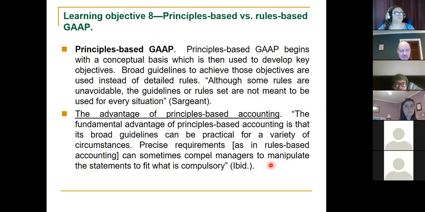So sometimes if you have bright line rules, it might force a company to give information that technically follows the rule, but is actually misleading because of the way it's set up. I don't know if that enlightens you or not. At any rate,